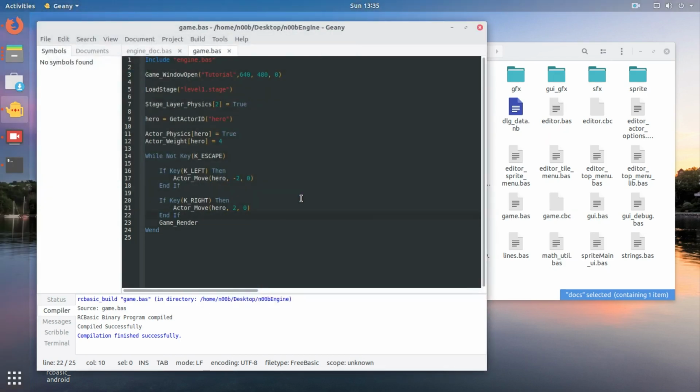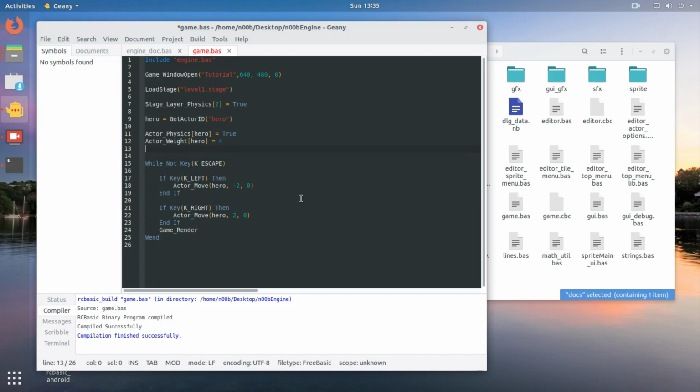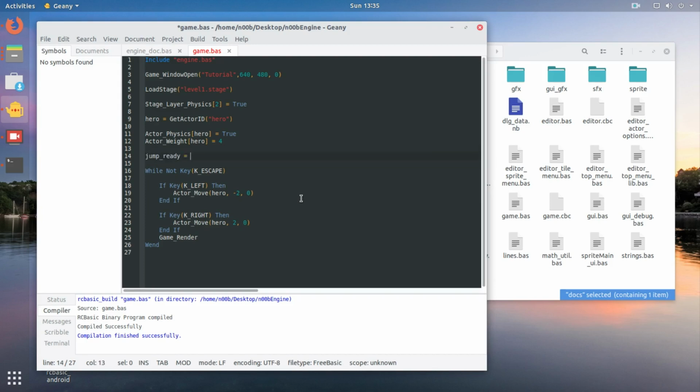So let's fix that. Well, not really fix the falling off the stage. That's still going to happen, but we're going to add our jump button now. So to do jump, I would normally just create a variable called jump ready. I'll set it equal to false for now. Because basically for jumping, we want to only be able to jump if the actor is on the ground. So we're going to check first to see if the actor is on the ground with actor